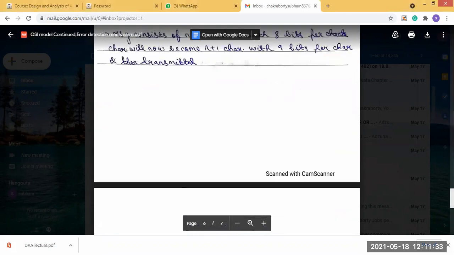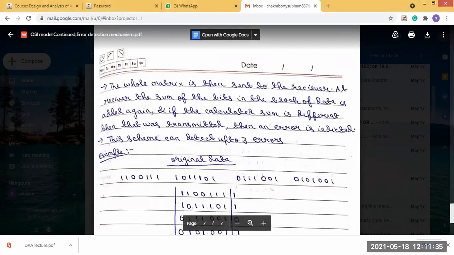This is the original data. The sender is sending 1100111, 1011101, 011001 and 010001. So these 4 data words are sent from sender to receiver.